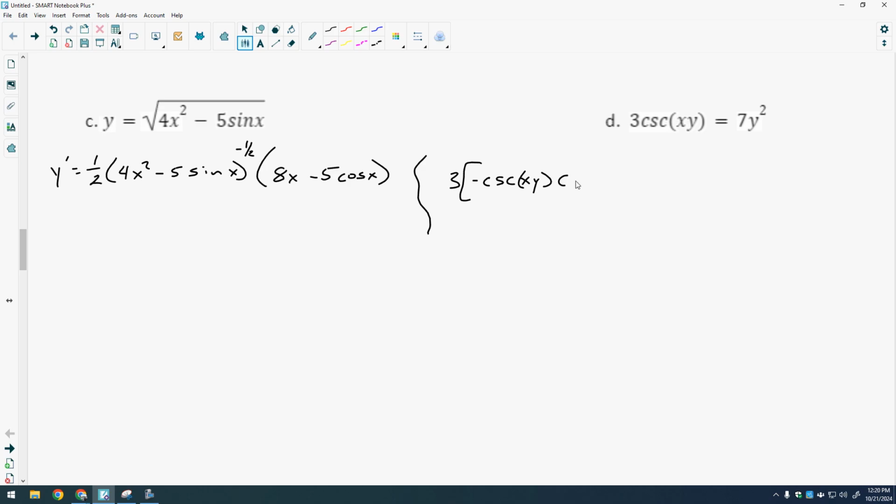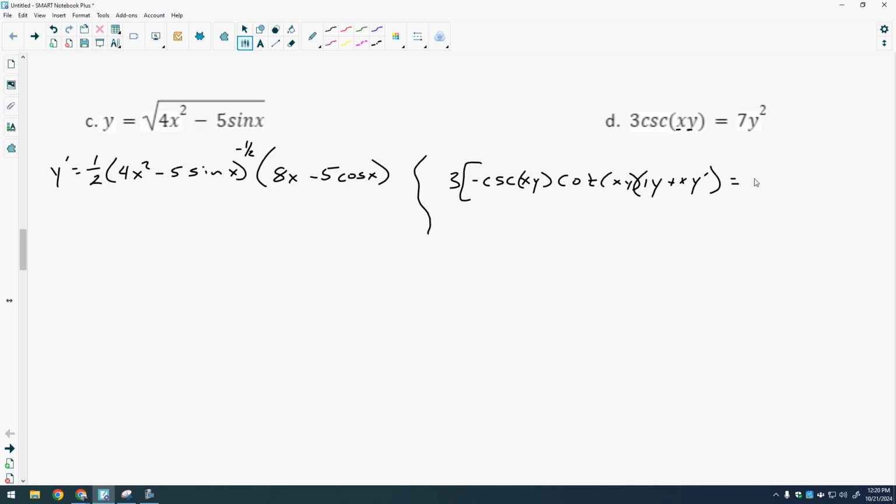The derivative of cosecant is negative cosecant cotangent. Notice my inside xy does not go anywhere. The derivative of cosecant is a negative cosecant of the expression times cotangent of the expression. Multiply that by the derivative of xy, and we have a product rule going on. Derivative of x, there's my first term, there's my second term. The derivative of the first times the second plus the first times the derivative of the second